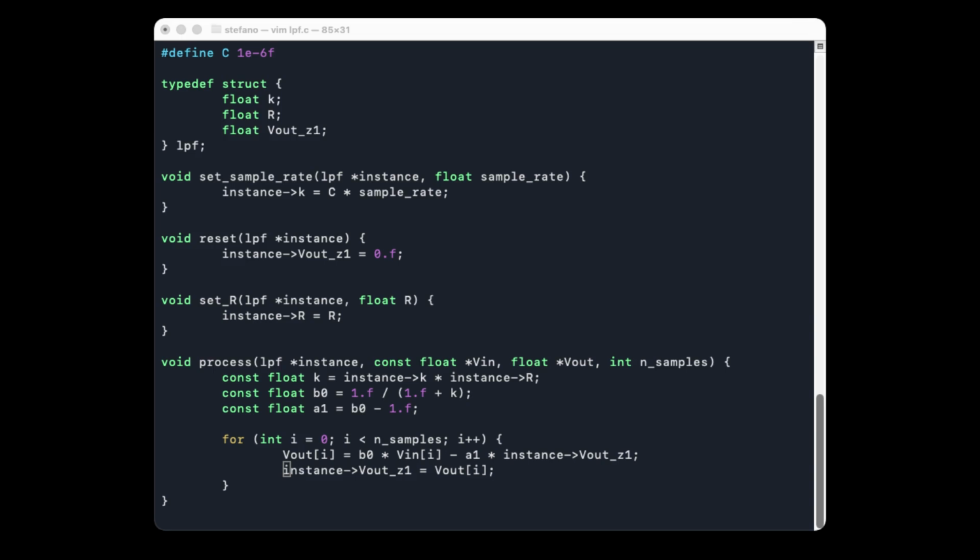I've assumed that at the beginning your input signal will be 0, which is quite common, so the output will also be 0 in this case. Then we have another function that is used to set the potentiometer resistance value, which in this case is just copying the value inside our structure. And finally, we have our processing function, which is the function that actually generates the output audio from the input audio. I'll spare you all the details because even if it's small, it has a lot of them.